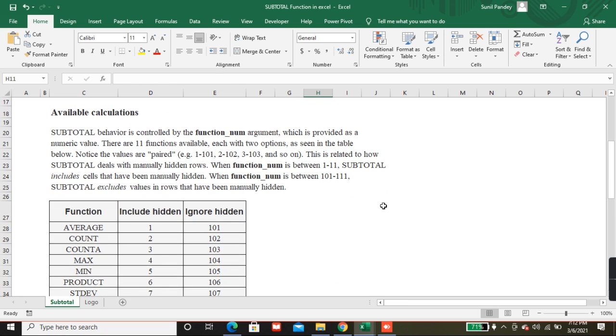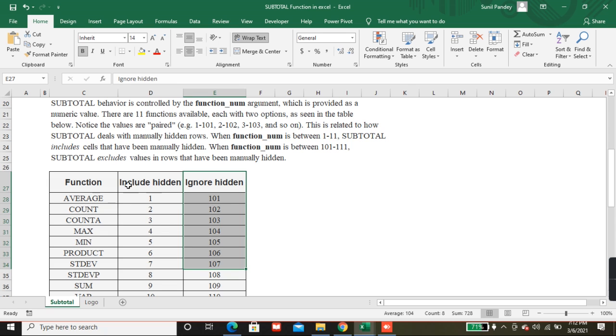And the subtotal behavior is controlled by the function num argument, which is provided as a numeric value. There are 11 functions available in subtotal, each with two options. One is for including hidden rows and the second one is for ignoring hidden rows.